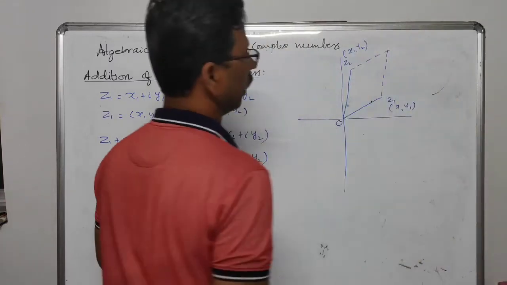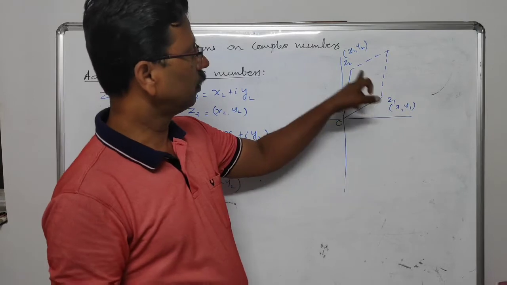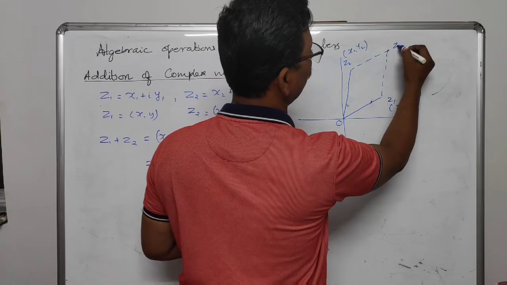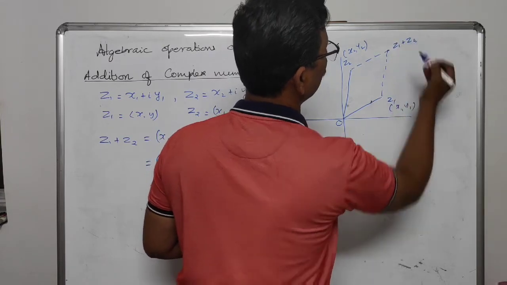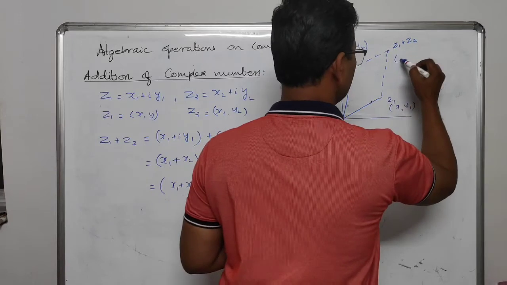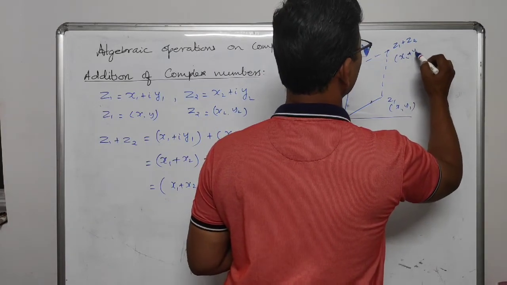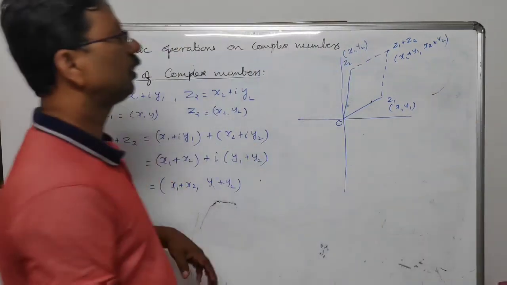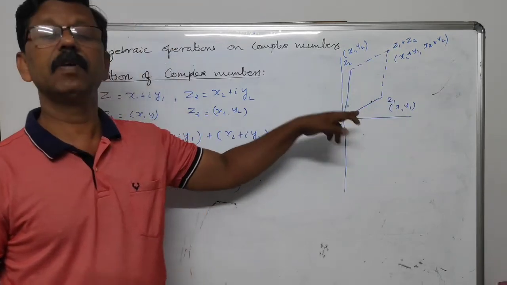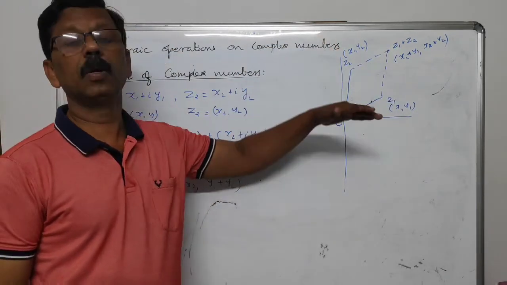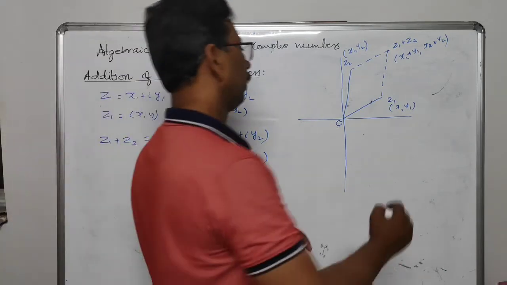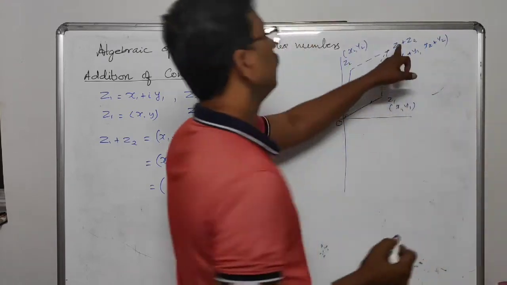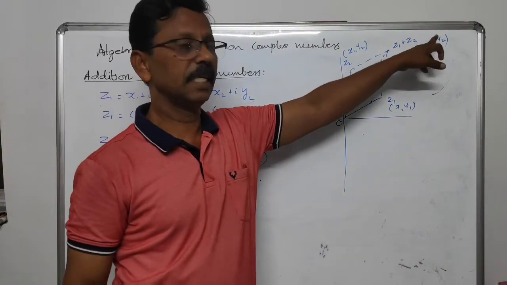We form a parallelogram. Now this is Z1, this is Z2. Now this vertex is O. Now this vertex can be called the sum of Z1 and Z2. This is Z1 plus Z2. Now you can take the coordinates x1 plus x2 comma y1 plus y2. Now this is nothing but the sum of these two complex numbers. Here we are using the parallelogram law of addition. That is, if you consider this diagonal from the origin, this is nothing but Z1 plus Z2. This vertex is Z1 plus Z2. If you consider this a vector,